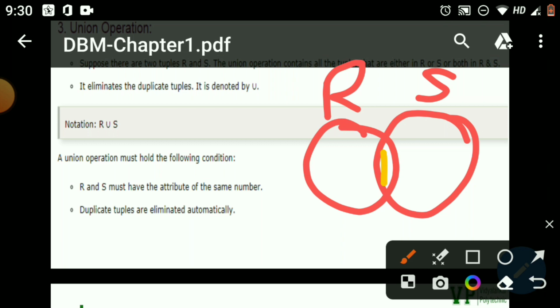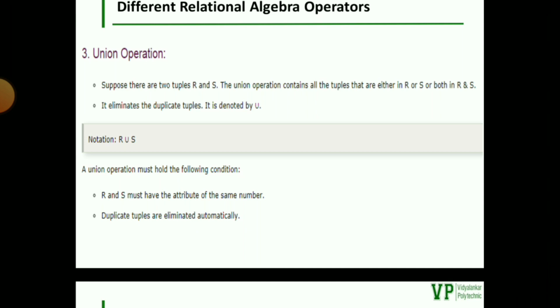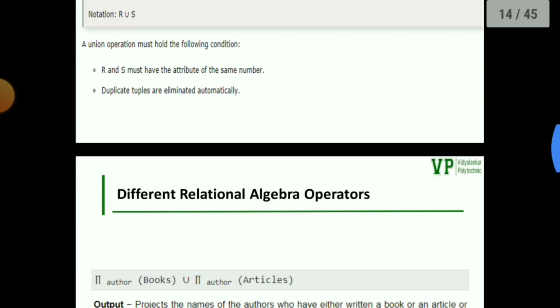The common values, the intersection of R and S, will be in the union. Even the individual values of R and the individual values of S will also be counted in the union. In short, union contains all the values which are present in R and S, common and uncommon also.